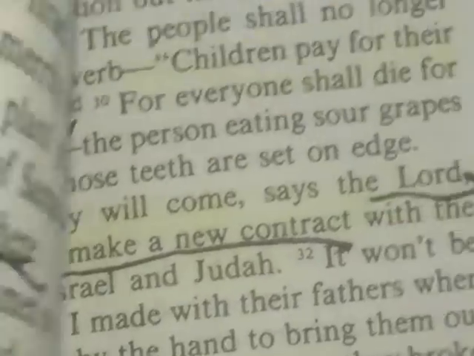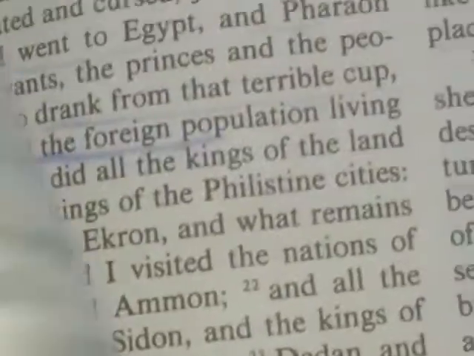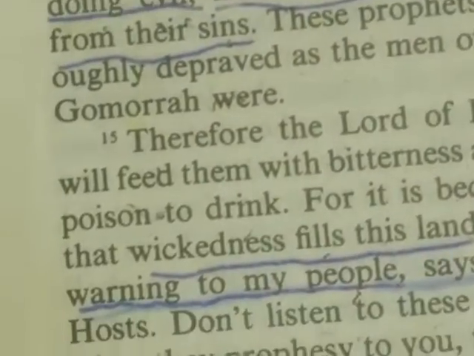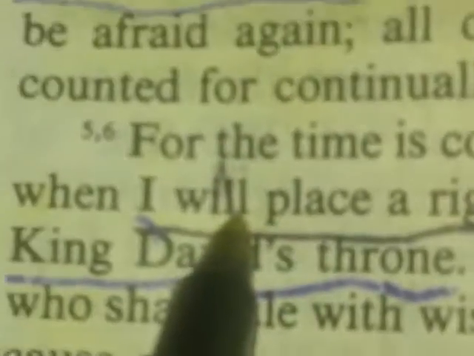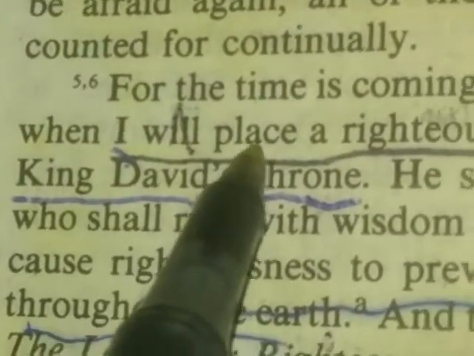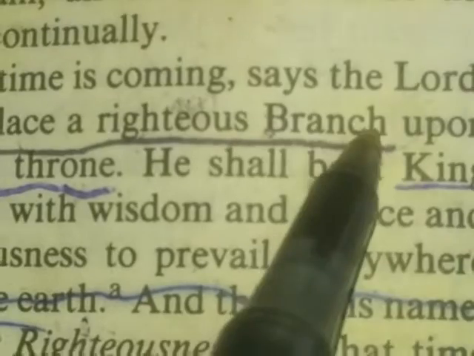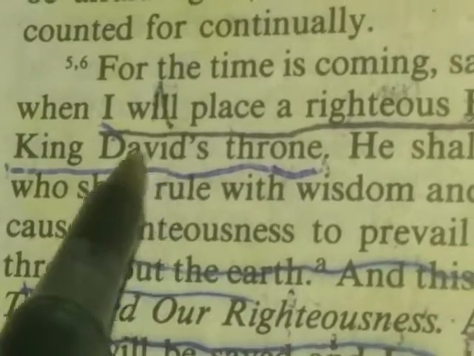You got to know these things from the seed line of Dawid. So right here, it says in 23, it's not talking about Dawid himself. It's talking about his seed, the one in whose lifetime you're going to be saved. Not King Dawid right here. See right here, it makes a reference to King Dawid. And they call it Jeremiah, but his real name, 23 chapter, verse 5 to 6. It says for the time, see how I say the time again is coming, to the end time of captivity. Says Yah, when I will place a righteous branch, see, they refer to him as a branch, which is an offspring, upon King Dawid's throne. See right there? It says upon King Dawid's throne.